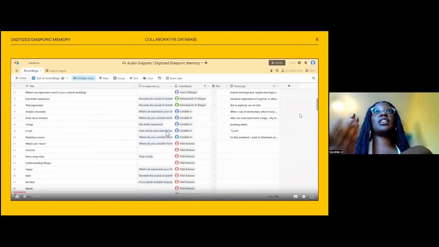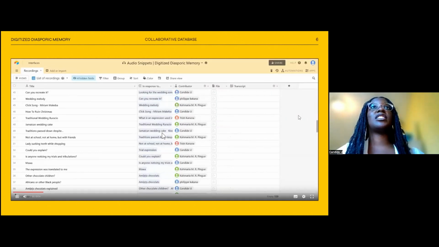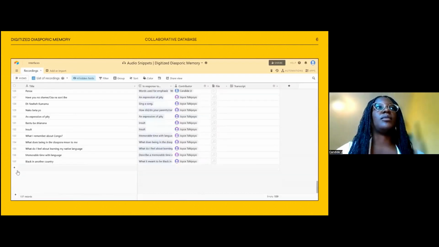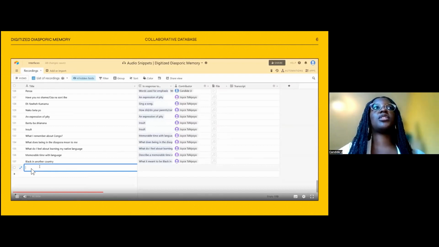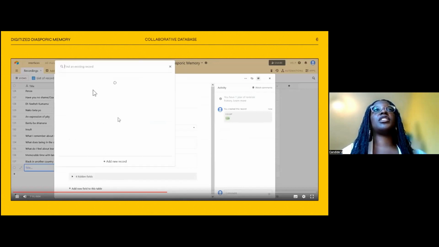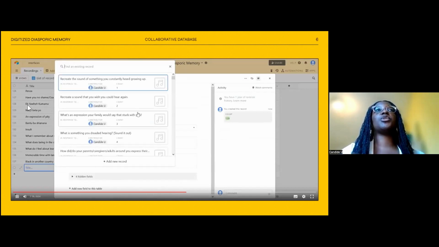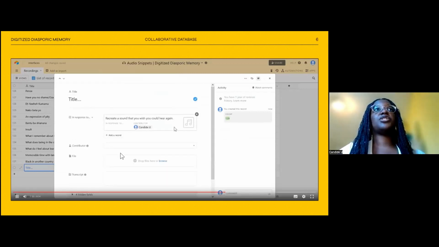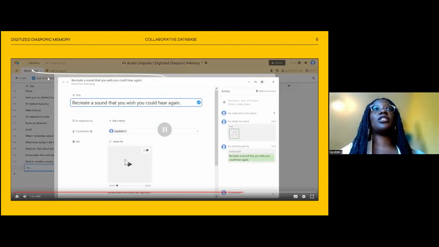And to do so, we used this program here called Airtable, which is a spreadsheet database hybrid that I really like using. So as you can see, you can add an entry, give it a title, and then in here you can indicate what other entry you are responding to. You can add your name and then upload a file with the audio. So everyone recorded on their phones or on their microphones or whatever audio recording device that they had.